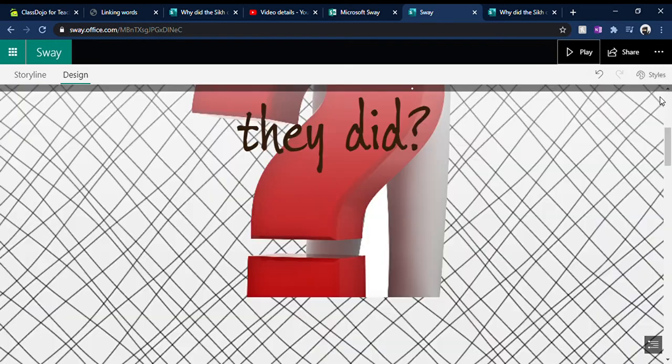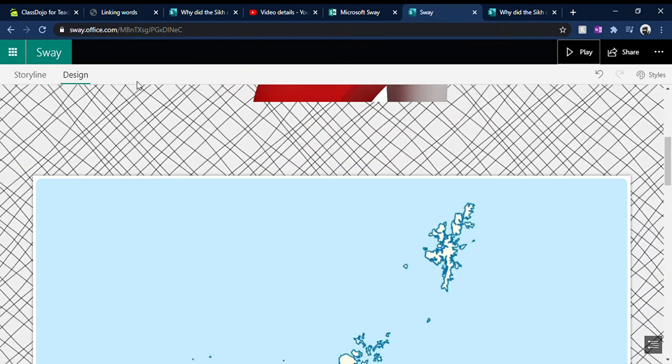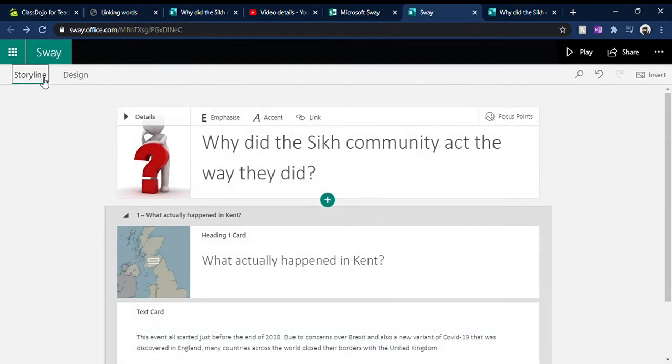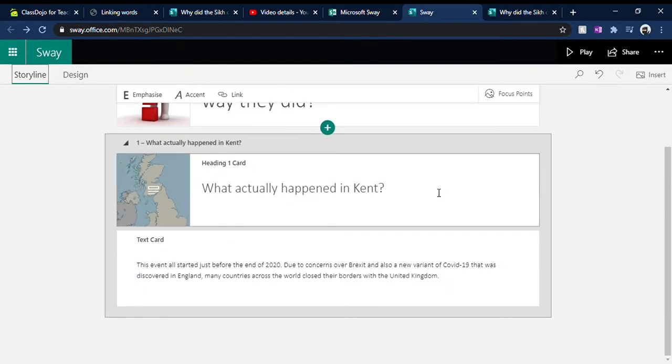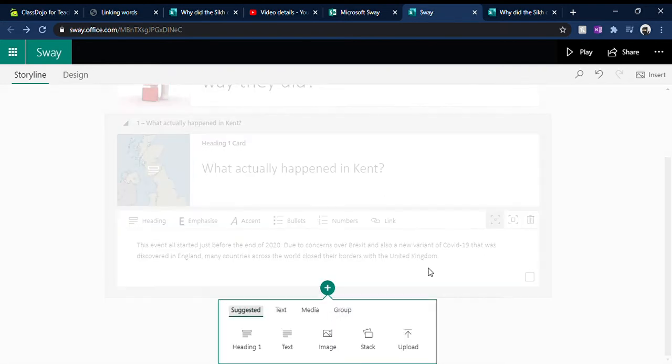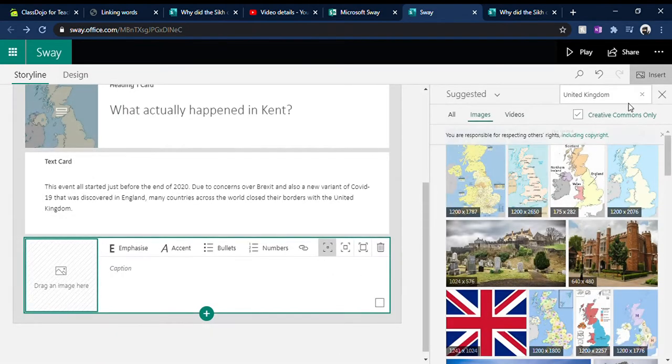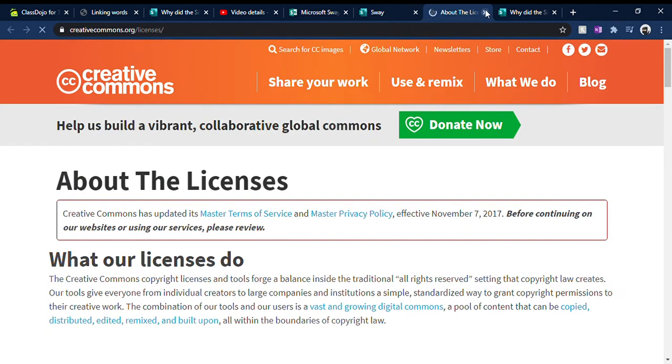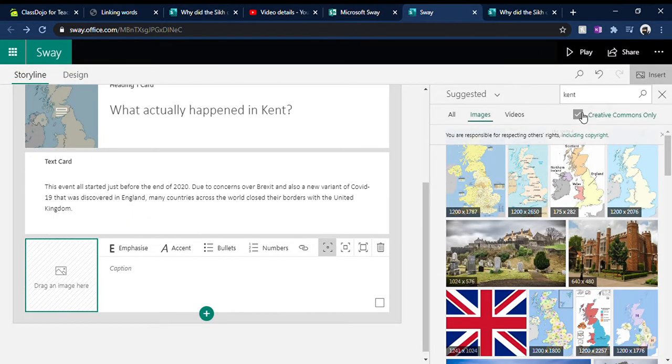Okay. So if I go back into my storyline is always how I edit things. So I've got my bits here, and I'm going to add more writing here because this isn't enough. But what I can do is I can add extra bits in here. So what I might do is I might introduce an image, and we've seen how we can do that. So if I search for Kent, I can have, oh, don't want that. If I search for Kent in here,